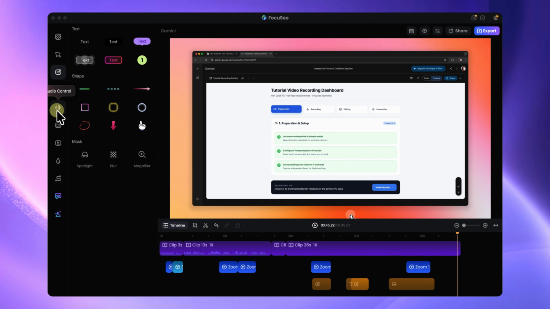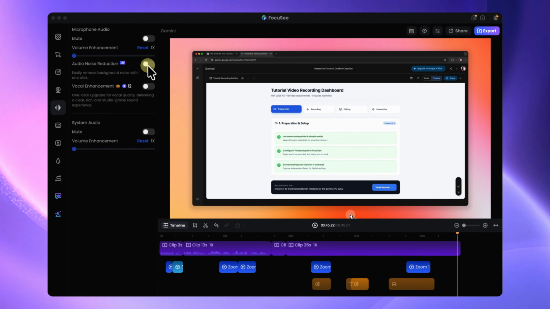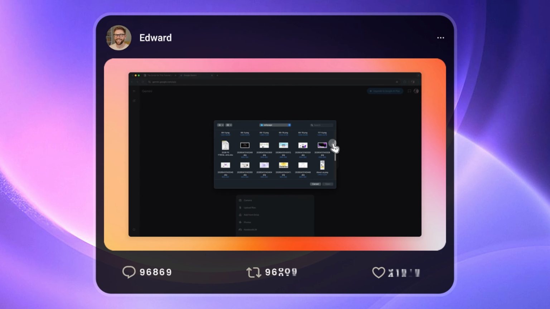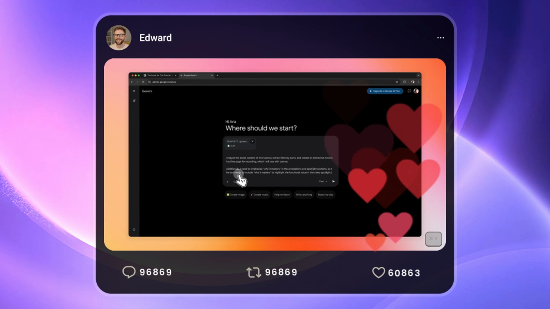Finally, the ultimate polish. Let AI handle audio noise reduction and voice enhancement with just one click. Imagine hitting publish and watching the engagement roll in. Build an eye-catching and stunning